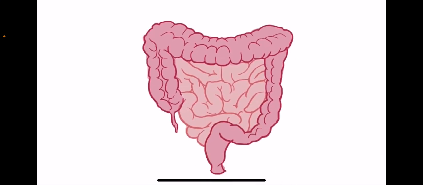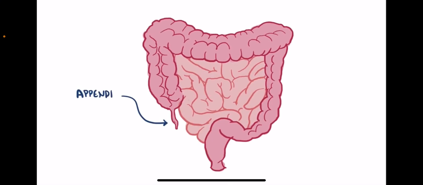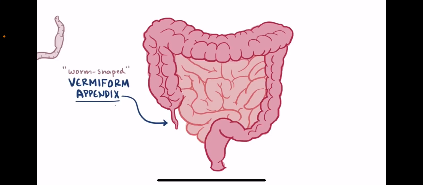The appendix is the little one-ended tube that's attached to the cecum of the large intestine. Sometimes it's called the vermiform appendix, where vermiform means worm-shaped, so that should paint a pretty clear picture of what it looks like. And this odd, kind of cute little worm-like structure's function is actually unknown, though some theories suggest